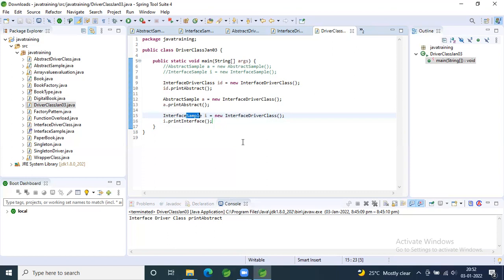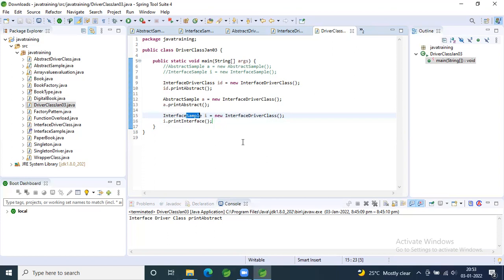Coming to your variables, you can have static, non-static, final, non-final, any kind of access specifiers for your variables in the case of an abstract class. But in the case of an interface, it has to be only public, static, and final. That is only for variables, and for methods we can have anything, right?